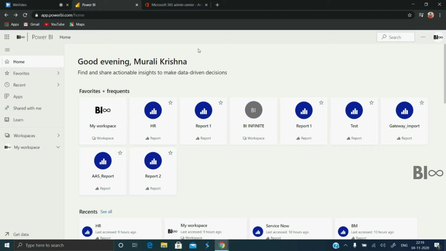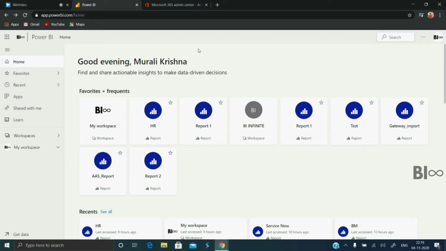So this part, especially activating licenses, even though you're a Power BI admin in your company, you may not do all these things, because in a company there can be multiple administrators like a global admin, SharePoint admin, Power BI admin, or even more. We have different roles in the admin center.